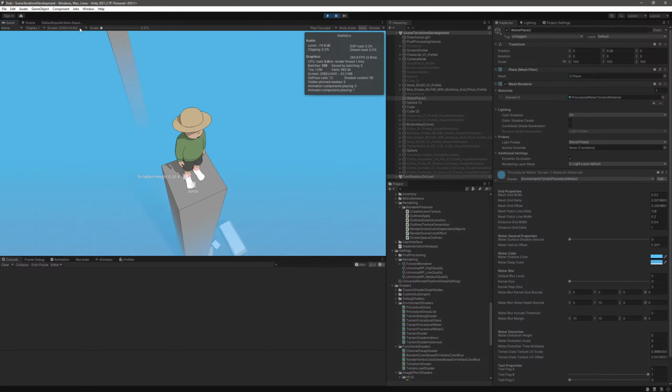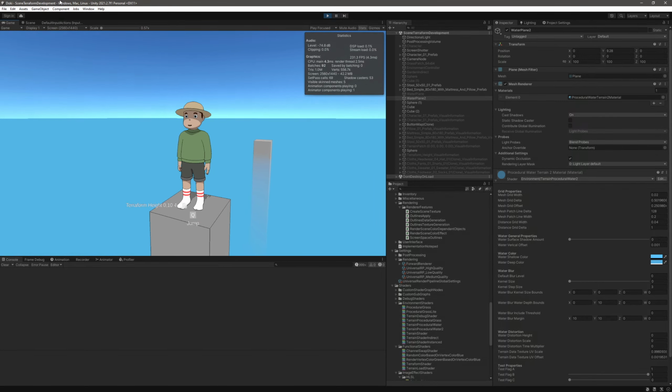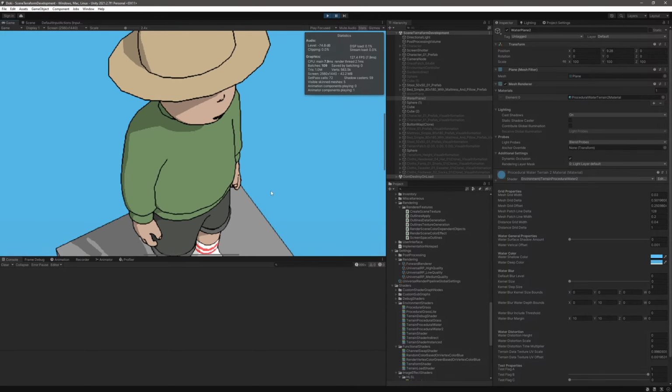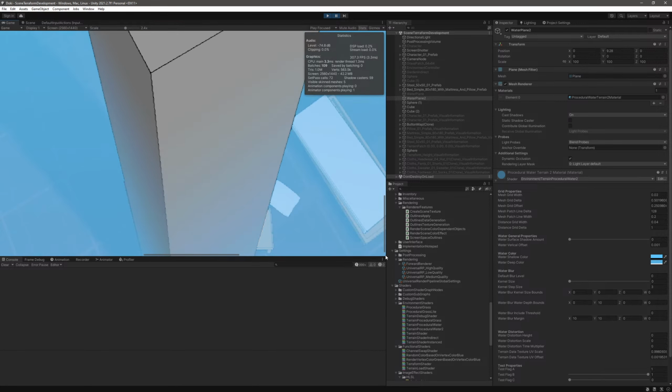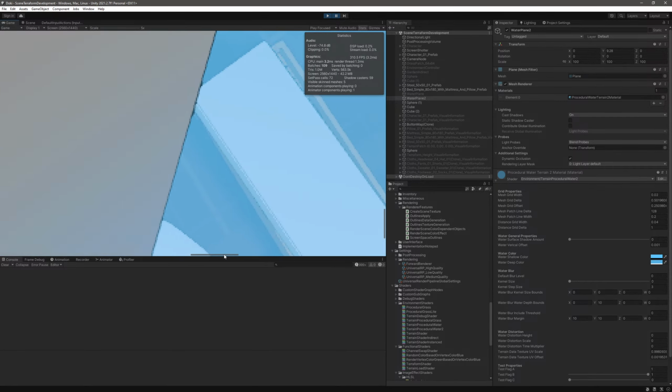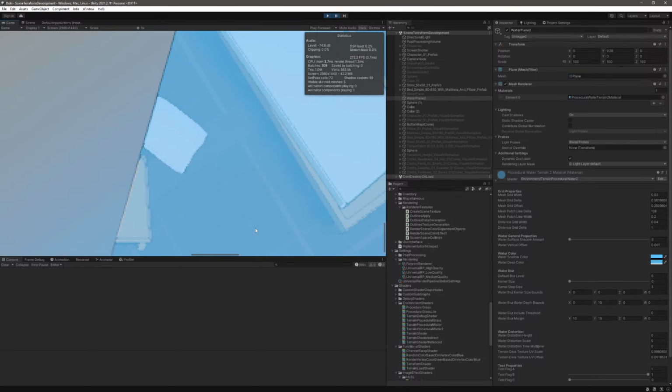And here we have a pretty good fog solution as well, honestly. But this colorization here,